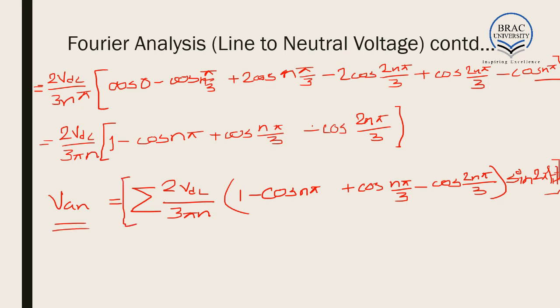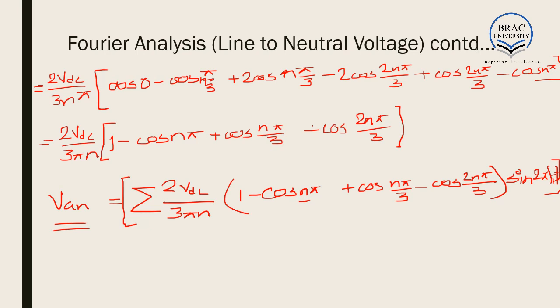This is the value of VAN that we get. So from here we can see that the output voltage VAN is largely dependent on the value of n, or the frequency component involved in it. And we'll get both higher frequency